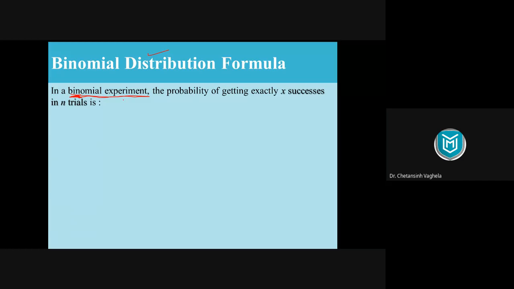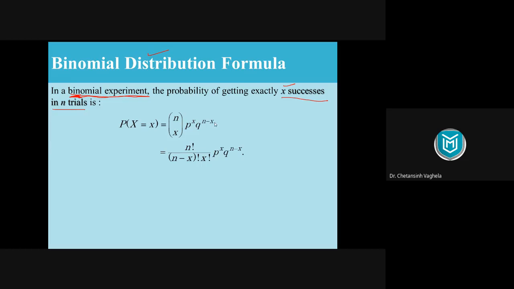In a binomial experiment, the probability of getting exactly x number of successes in n trials, माने कि 10 में से 2 success चाहिए, 10 में से 8 success चाहिए, 10 में से 10 success चाहिए, then if we require exactly x successes out of n trials, the formula is like this: probability of x equals nCx, p raised to x, and